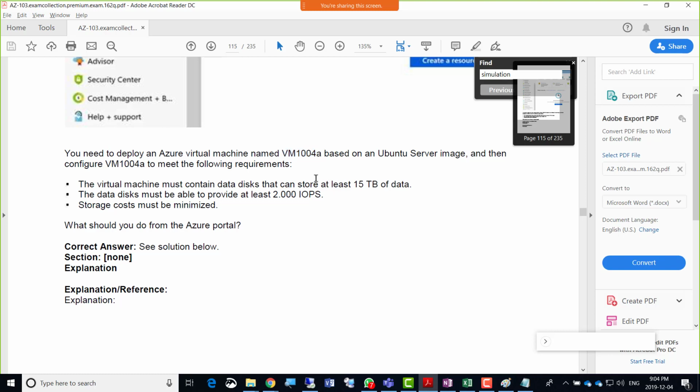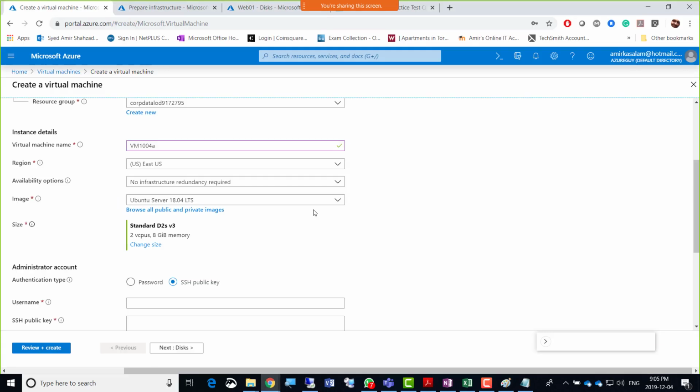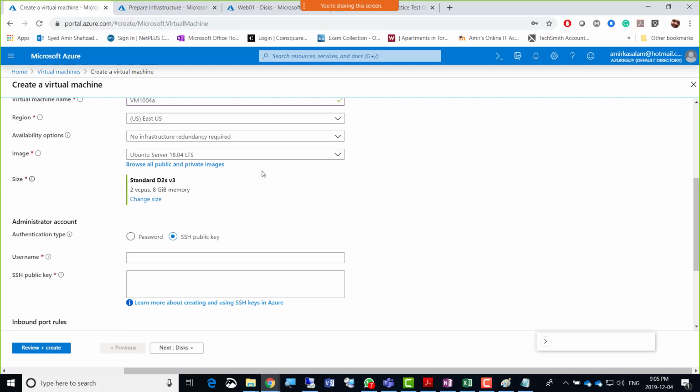East US. Okay, good. So guys, stick to East US. And then once we go Ubuntu server image, that's it. And it is talking about disks right now. So let's go ahead. This means that we don't need availability right now, so you can skip that. Ubuntu is already selected there.